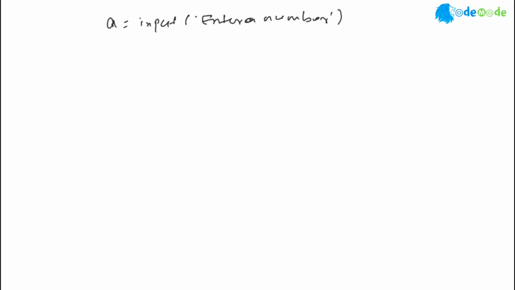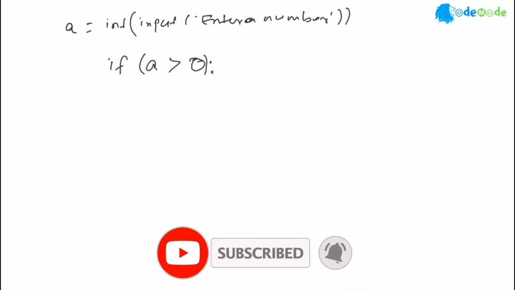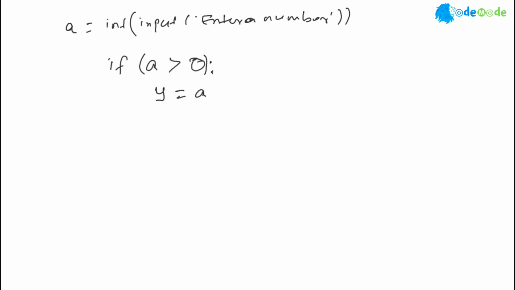Of course, I have to do int. So I should do int. I did a chaining. I say A equal to this. Now I'm saying if A is greater than 0, then I would like to put parenthesis. Okay. A is greater than 0, then my y is gonna be A multiplied by 2, and I will say